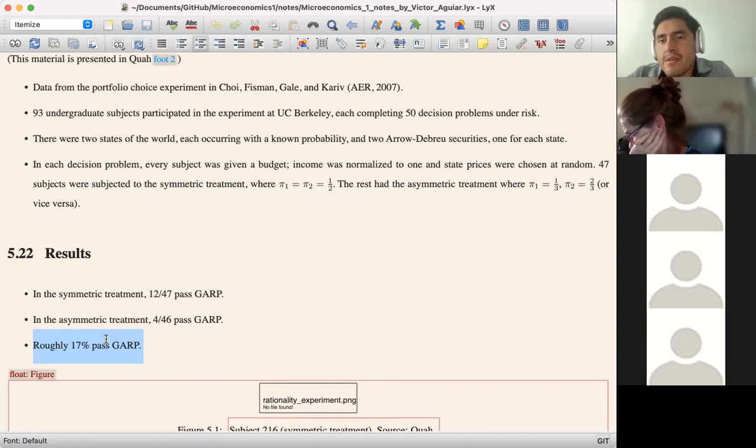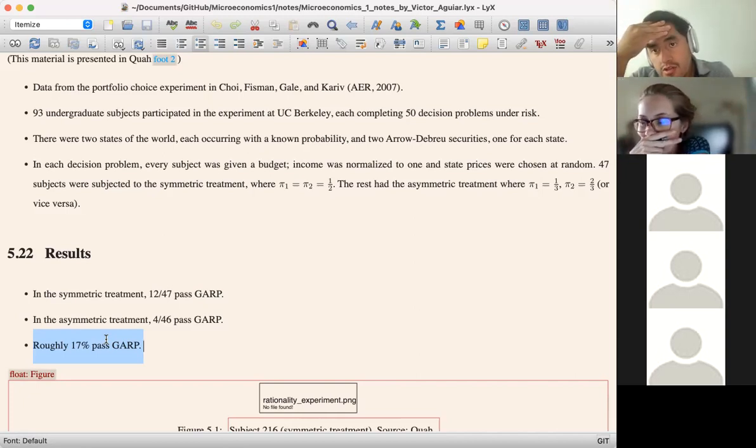The problem is very simple. It's something that you can see at the undergrad level, as these subjects were. So you present it to them on a computer, right? Choose this. It's easy to understand. So what's up? One thing you could say is, look, when Mas-Colell is developing the theory of consumer theory,